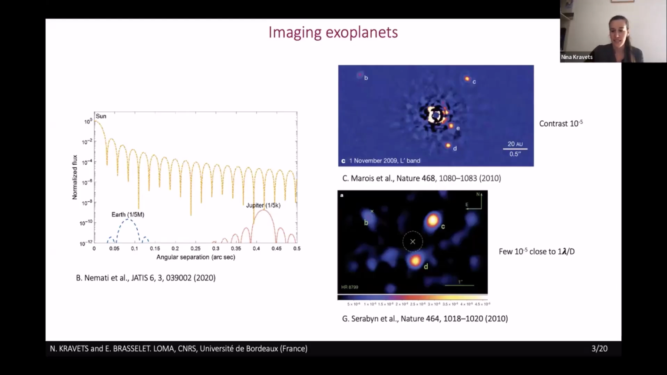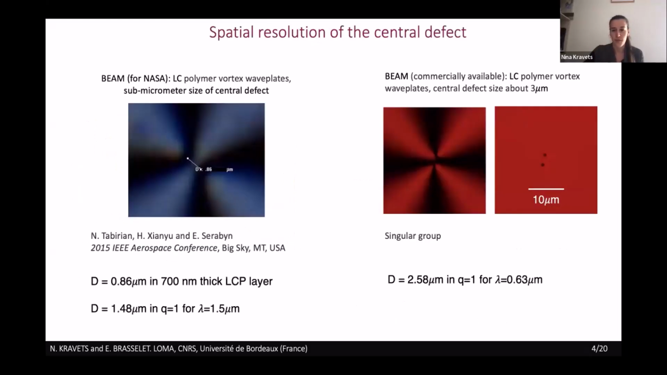And this is indicating that the requirements for those vortex plates are quite high. And so I suggest that we try to understand what parameters of those plates are important for reaching this huge contrast. So the first thing that I would like to mention is the central core size of this mask,